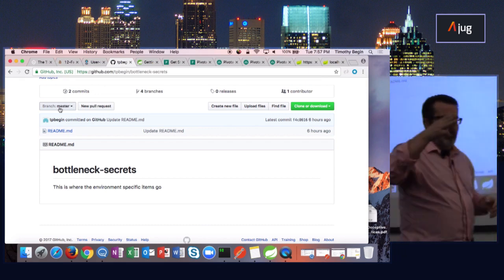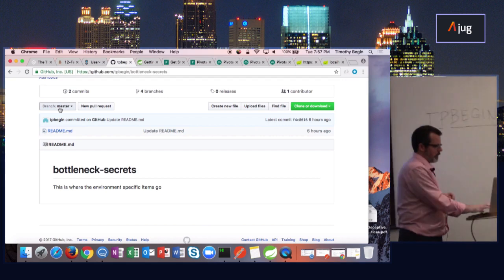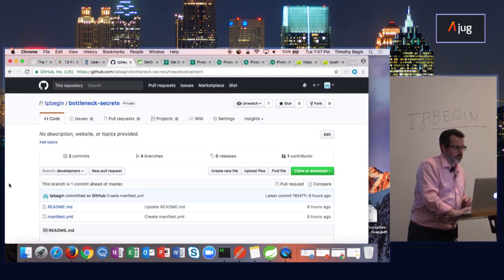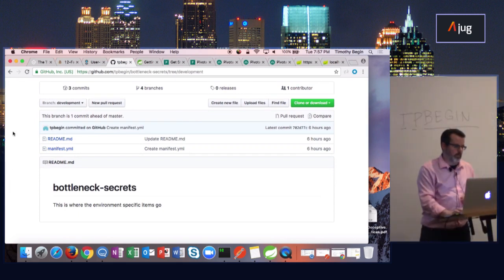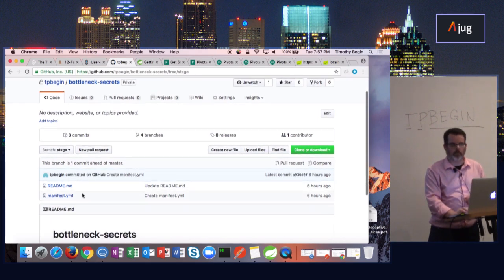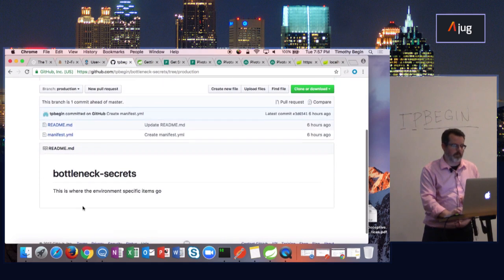When I want to deploy to an environment specific, I should branch to the environment I want. So if I have development, it should have its manifest. When I go to stage, it should have its manifest. When I go to production, I should have its manifest.